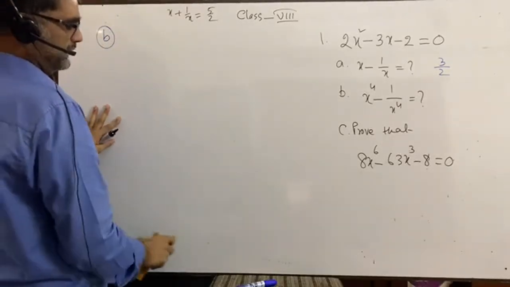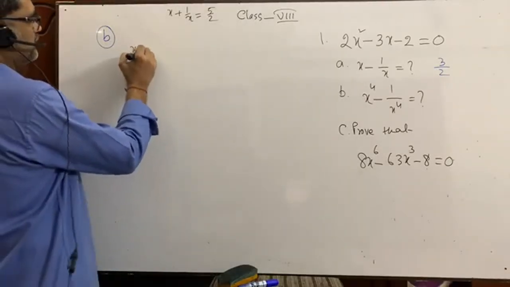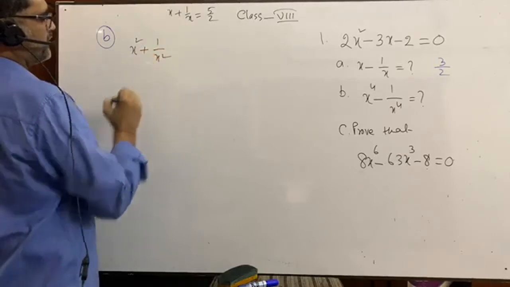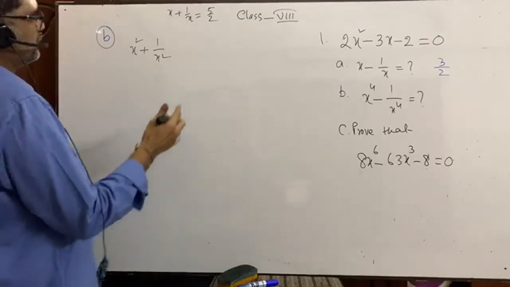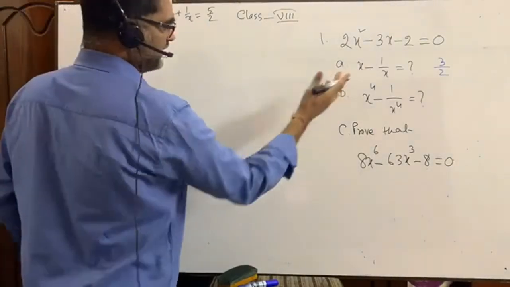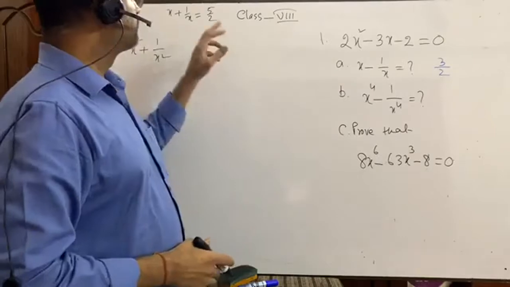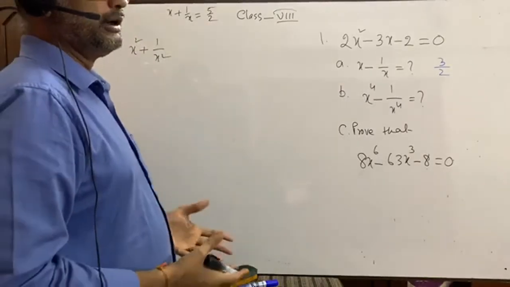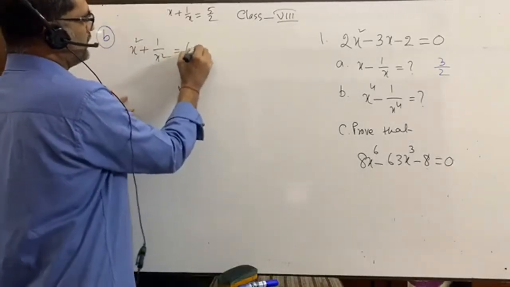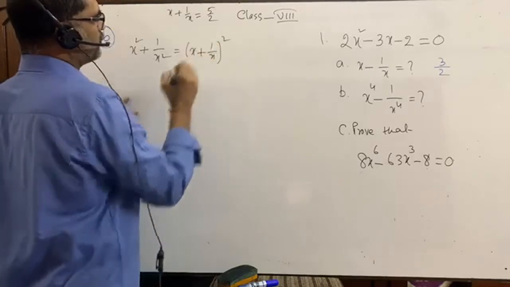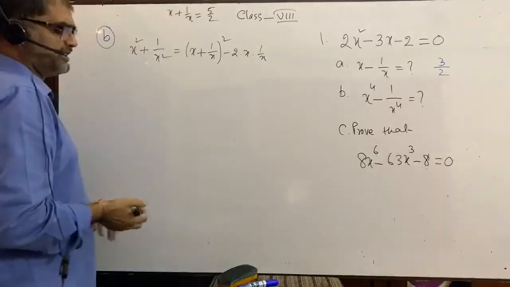what I told you at the beginning of the question number B, that I have to write again x square plus 1 by x square. It is also really a very easy corollary, that you can use this value or you can use this value. It is up to you, and there is no obligation that you have to use this or this. You can opt. So a square plus b square is equal to what? A plus b whole square minus twice ab, right? Very easy and simple corollary.